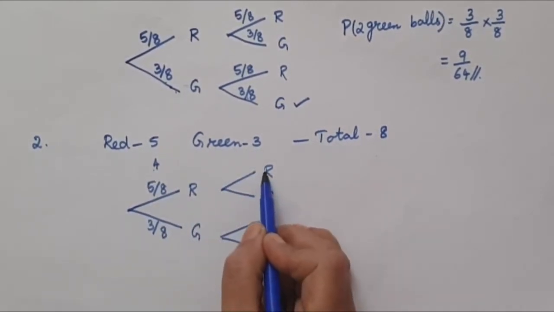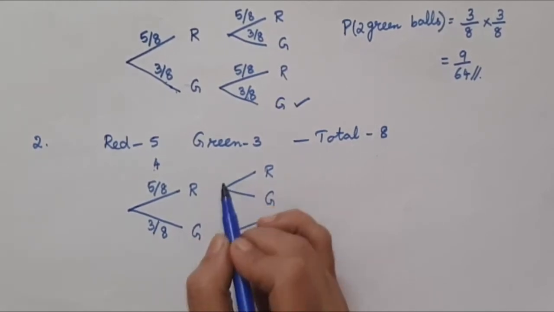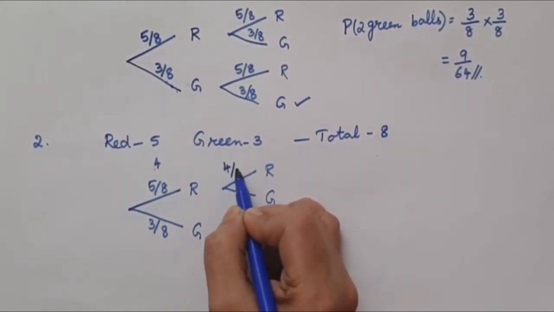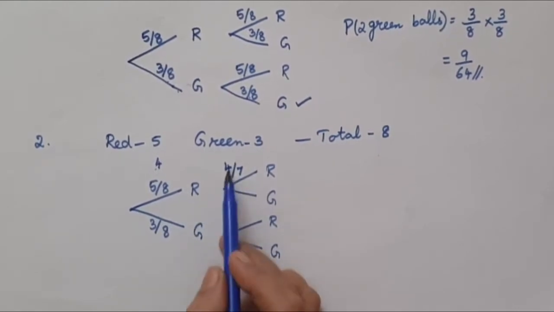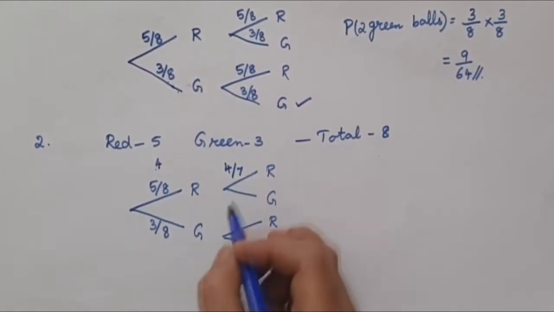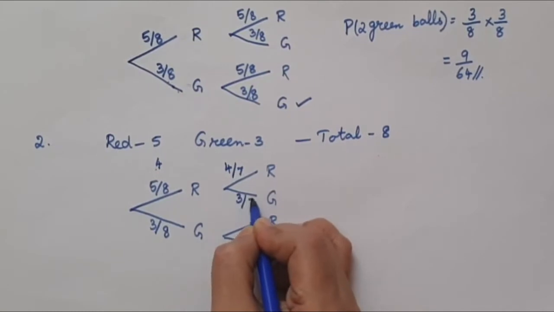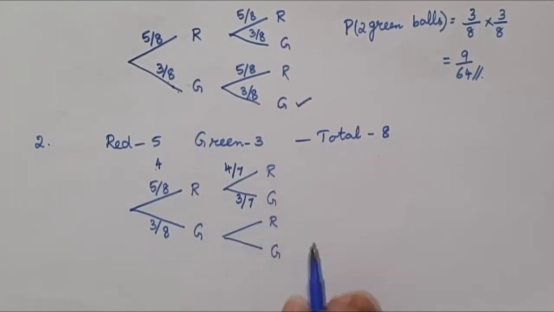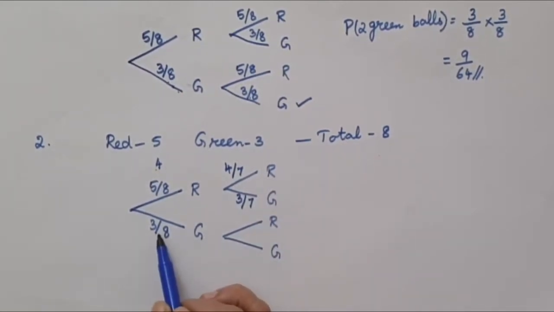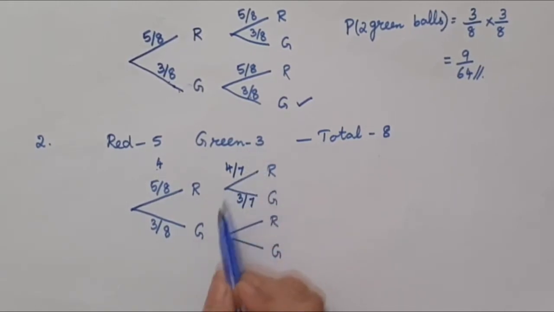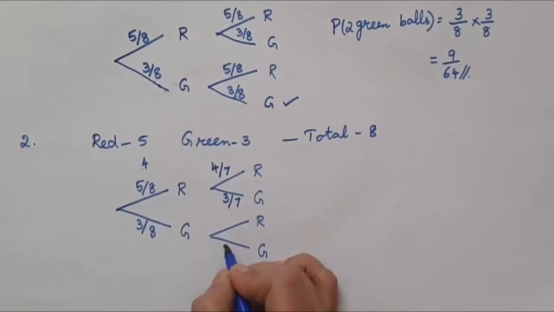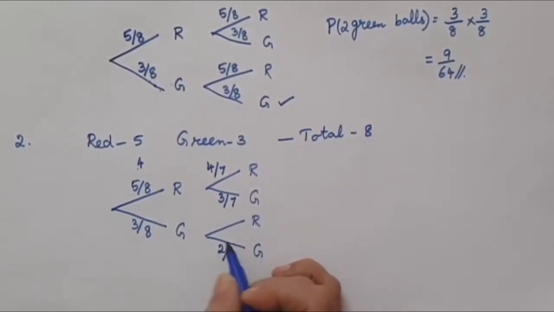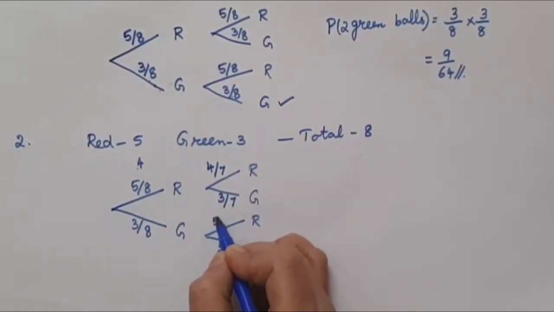So what will be the probability of taking a red ball for the second time? It will be 4 over 7, because our red has reduced, we are not replacing it. But the green, there will not be any change, 3. But the total is 7, so 3 over 7. Now here we are taking a green ball. So our green reduces, red will not change. Green 3 are there, 1 green is removed, so it will be 2 and the total is 7. But our red will remain 5 only, so 5 over 7.